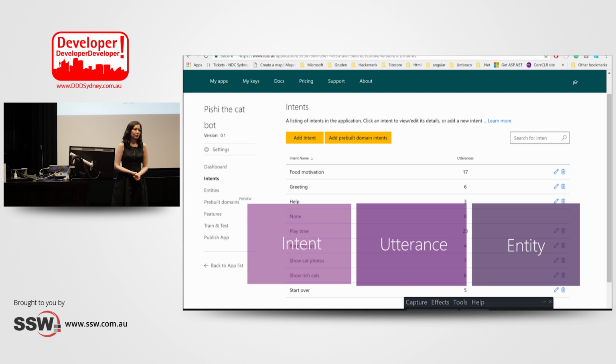An entity is the information that you want to extract from that intent. For example, I'm not using it in the sample, but imagine that my cat was picky and didn't like seafood. Then the offered food would be the entity. So if I say, I cooked lasagna for you, lasagna is the food entity. Or if I say, I brought fish and chips for you, fish and chips would be the entity. A better example that works in the real world is you call a flight center and say, I want to book a flight from Sydney to Melbourne. The intention is booking the flight. Sydney and Melbourne are the entities that you need.